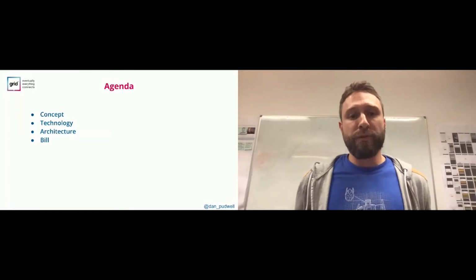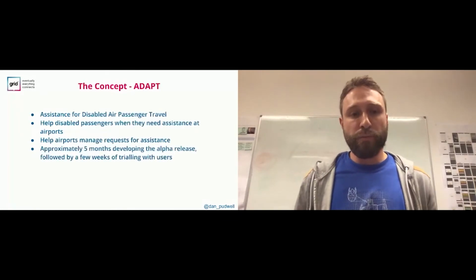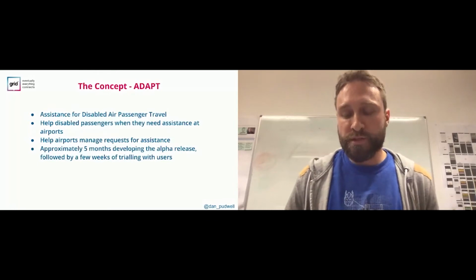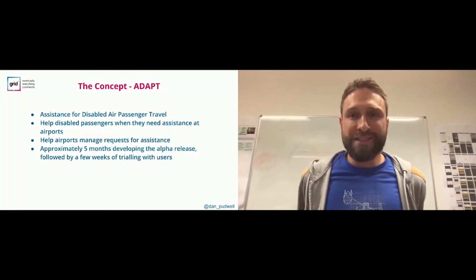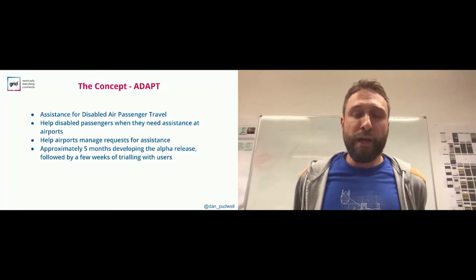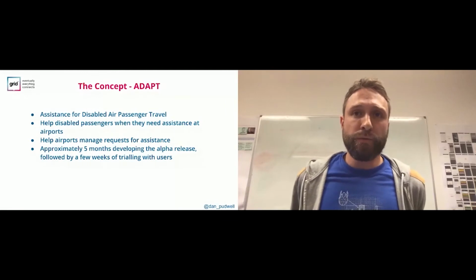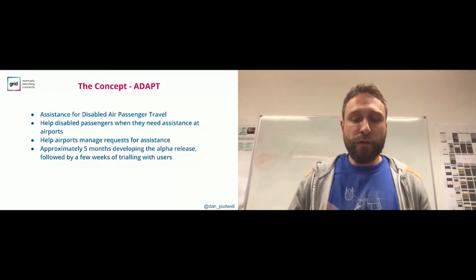ADAPT is the Assistance for Disabled Air Passenger Travel project. What it did was help disabled passengers when they were at an airport. It got them the assistance that they required, where they were, at the time that they needed it. It also helped to manage the airport's load around how passengers requested assistance and how they could provide that